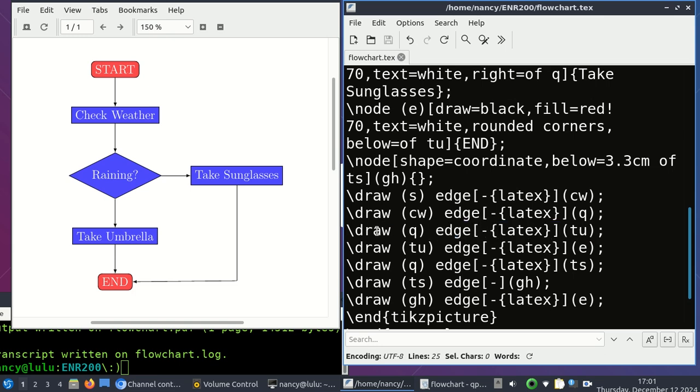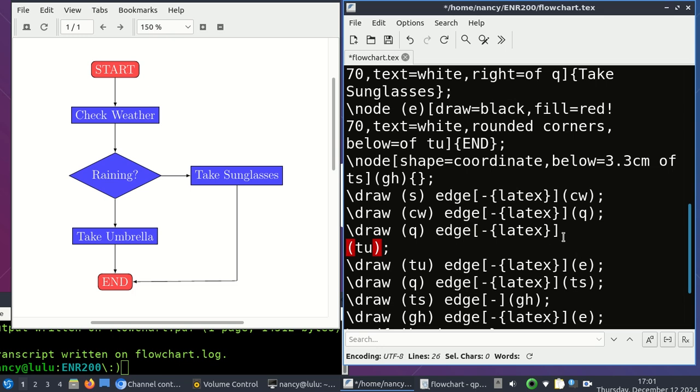We have draw, Q, edge, LaTeX, up to here, and that's where we want to change things. We're going to need to put in a node marking there. Right here where the cursor is, I'm going to insert something. I'm going to put in node, and then I'm going to specify the font. Font equals \tiny\TT family,